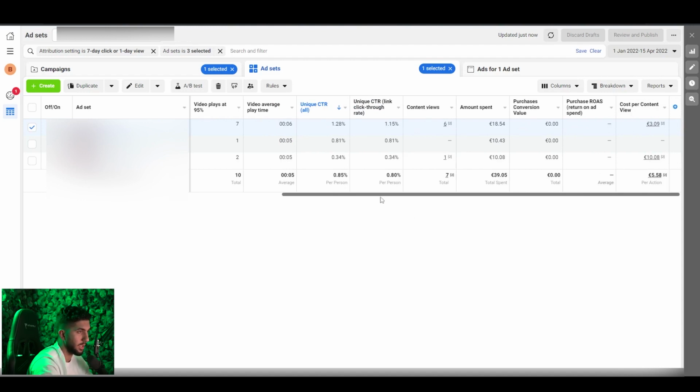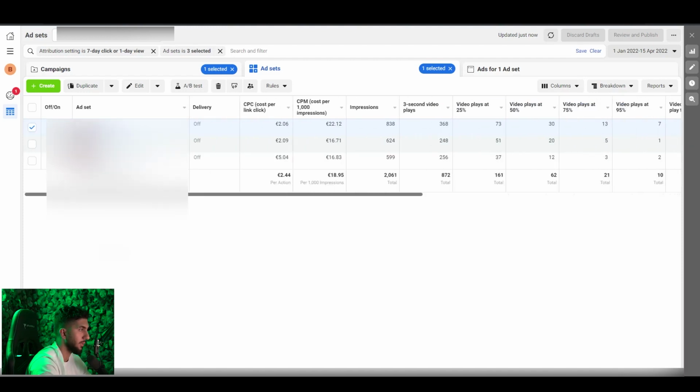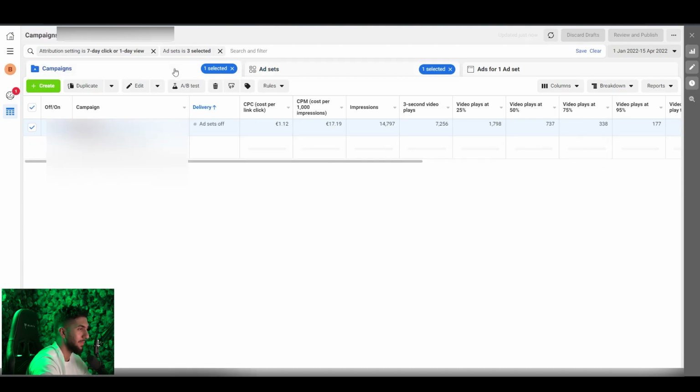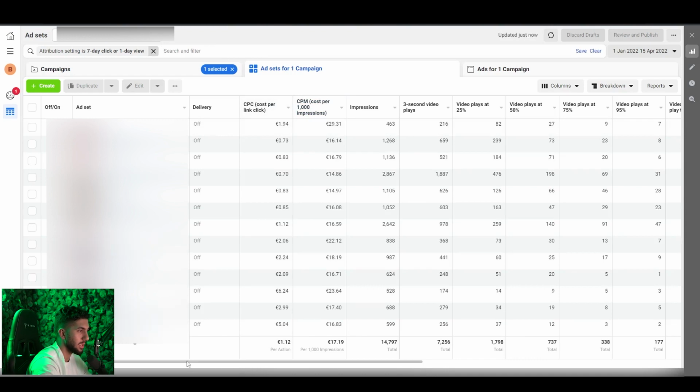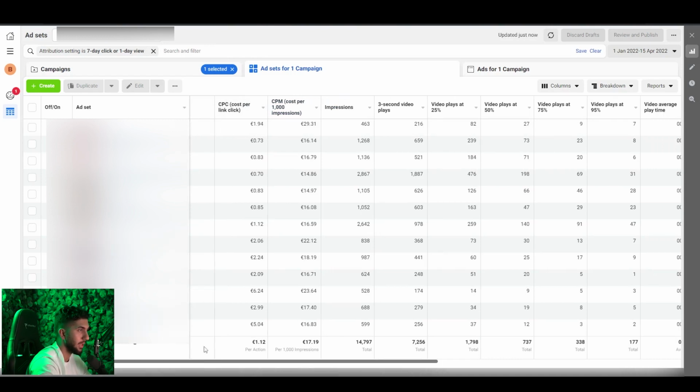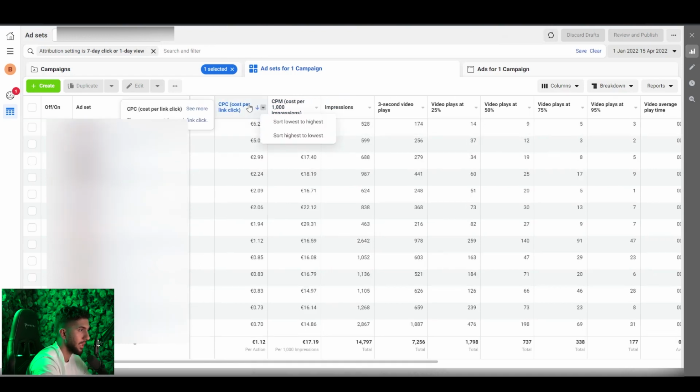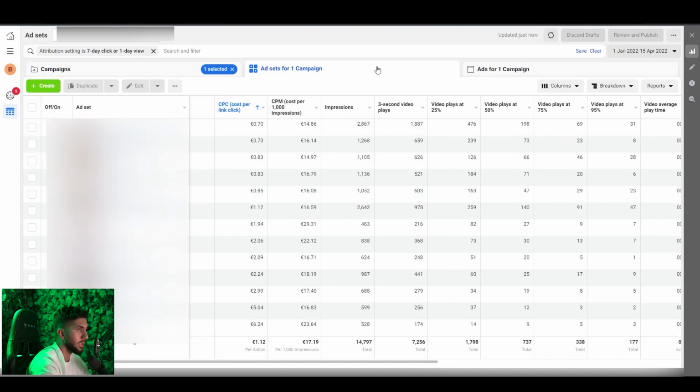It wasn't really doing it with the audience. You can see here the click-through rate was very low. Basically cost per content view was low, and everything was really bad. With this creative I was trying to test a different angle, which really didn't work, guys. But basically, as you can see here, all we do in this campaign is just test, and you can see the cheapest cost per link click here, which is basically around 70